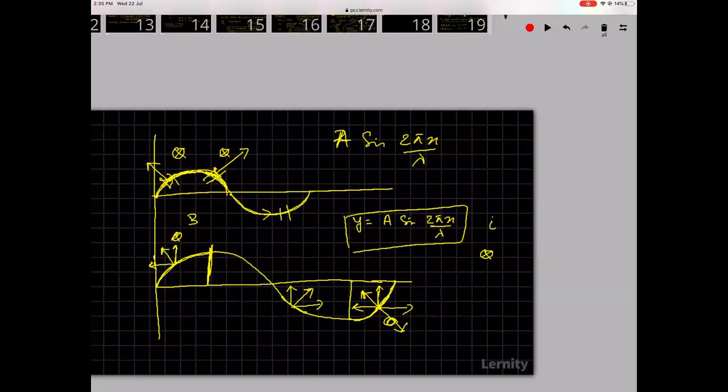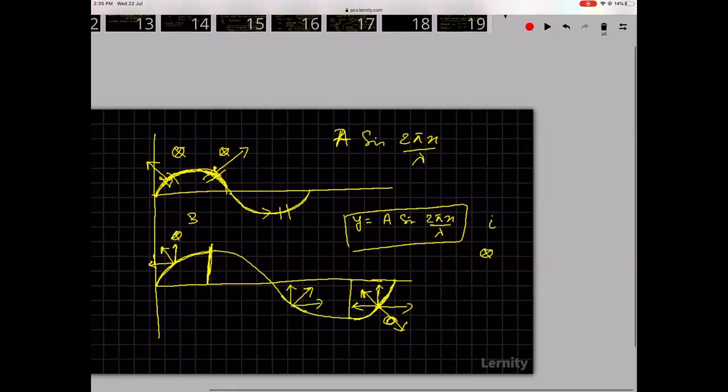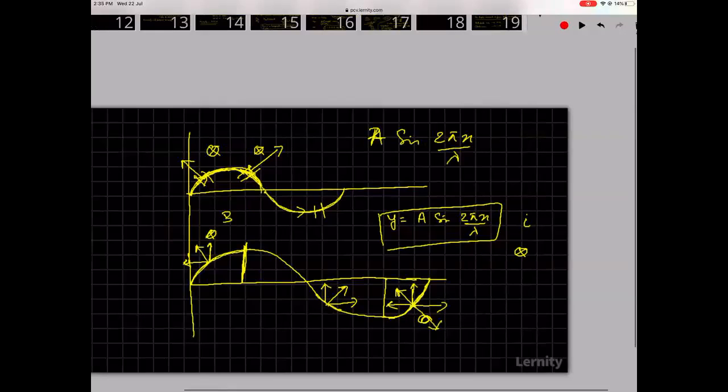So what I see is that the y forces will get cancelled, so only the x forces will remain. If the x forces will remain, the length when you go from here to here will be lambda. So I feel the answer will be B I lambda. Okay, see, I'm discussing, I'm only thinking, okay, I don't know.